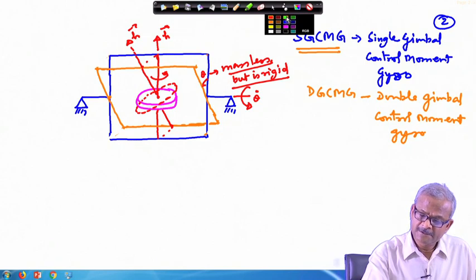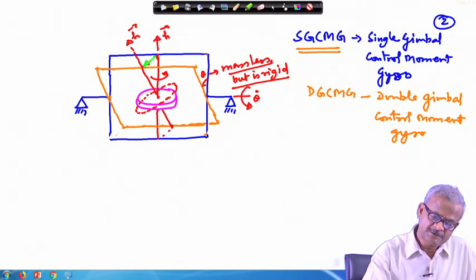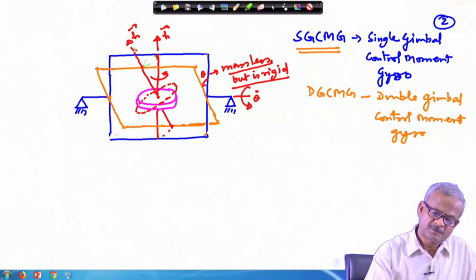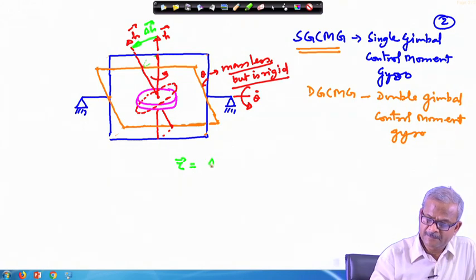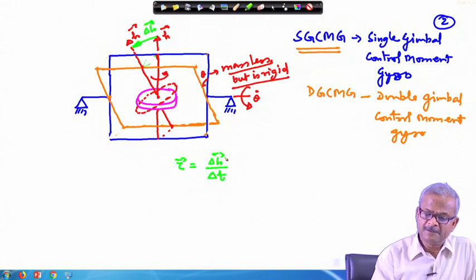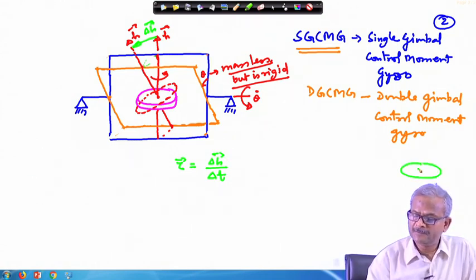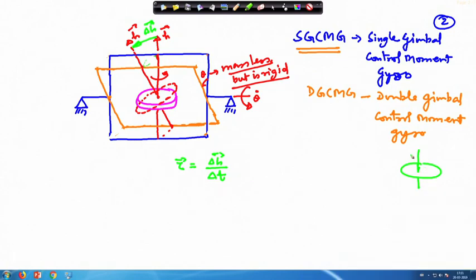What happens here is that the change which has taken place is from this place to this place. So, better we can show here in this place. This is your delta h, and as I told you, the corresponding torque generated, as we have been discussing, will be delta h divided by delta t. Here this is not because of the speeding of the wheel, the wheel is rotating at a constant speed. But the rotation axis is getting tilted. You are tilting the rotation axis.